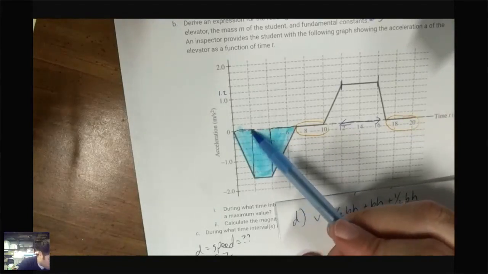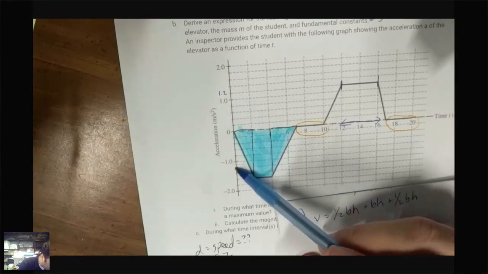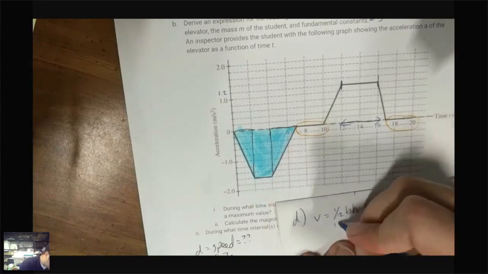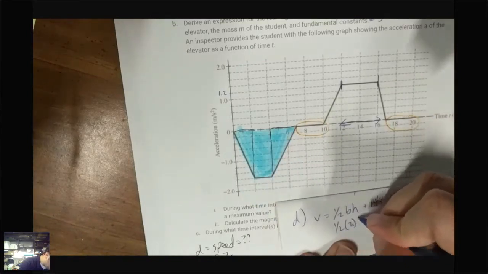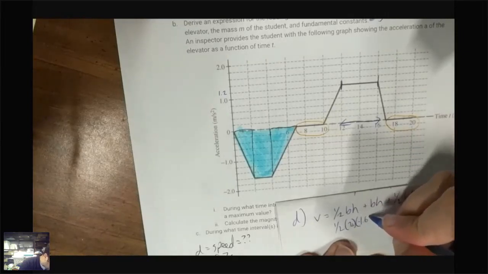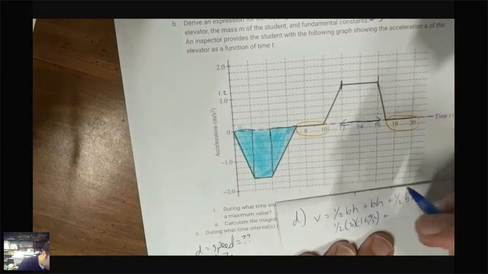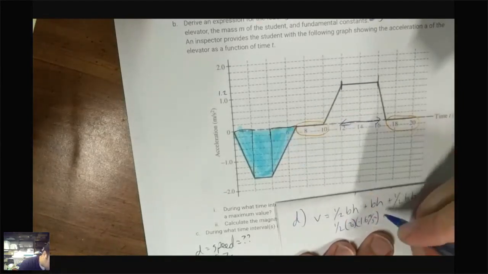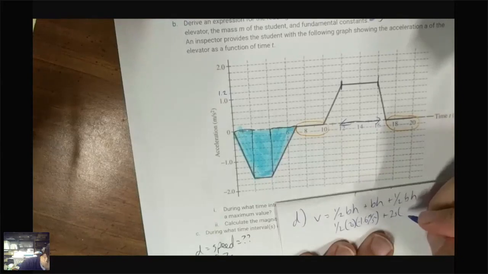So in this case, 2 seconds in, 2, 4, 6. So this is 1/2 of 2 seconds times negative 1.6 meters per second squared, plus base times height here. There's 2 more seconds, and we are at negative 1.6